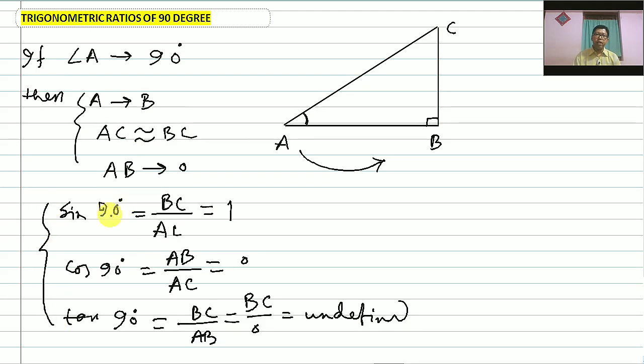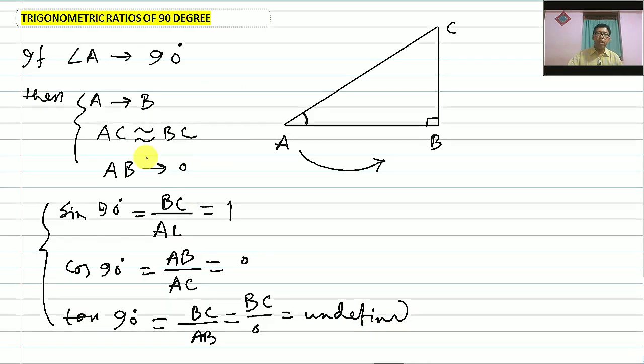Sin 90 degree is equal to 1, so its reciprocal cosec 90 degree is obviously 1. Cos 90 degree is equal to 0. Its reciprocal sec of 90 degree is equal to 1 upon 0, which means undefined. Tan 90 degree is undefined. So its reciprocal cot of 90 degree is equal to 1 divided by undefined, that is 0, near about 0. Okay, so all the trigonometric ratios of the standard angles are found.